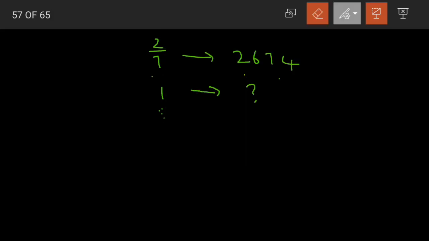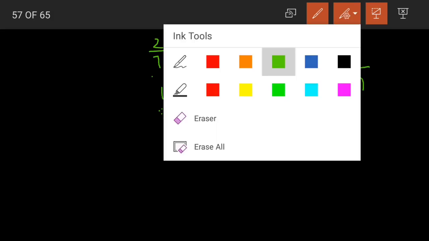What do we have? 2 by 7 is 2674. We have to find out how much 1 is. Why 1? Why am I mentioning it as 1? Because we have to find out the whole population. Whole means 1. Yes, children, whole represents the number 1. So in the same way, we are having 2 by 7 is 2674, and how much will 1 be? We should divide 2674 by